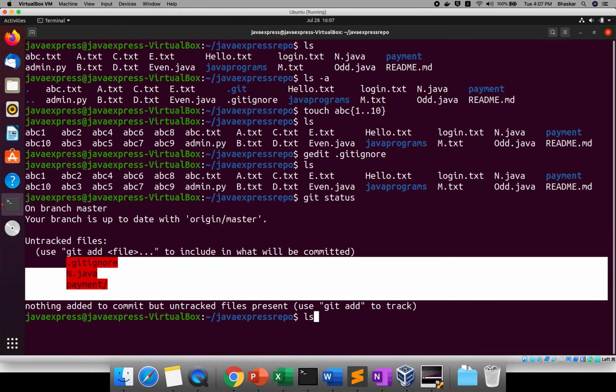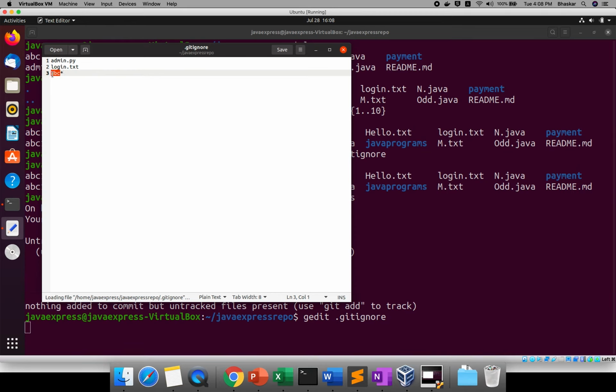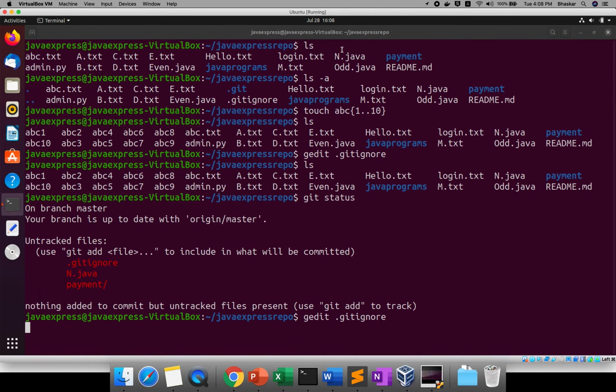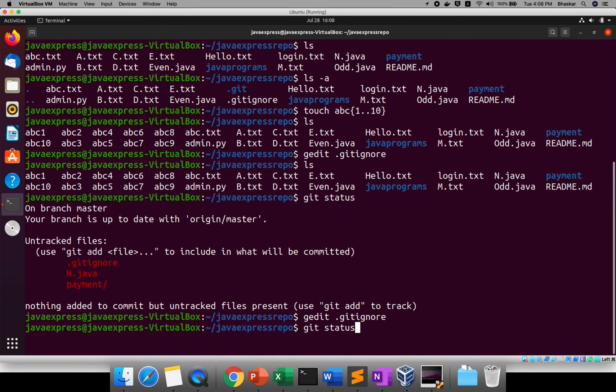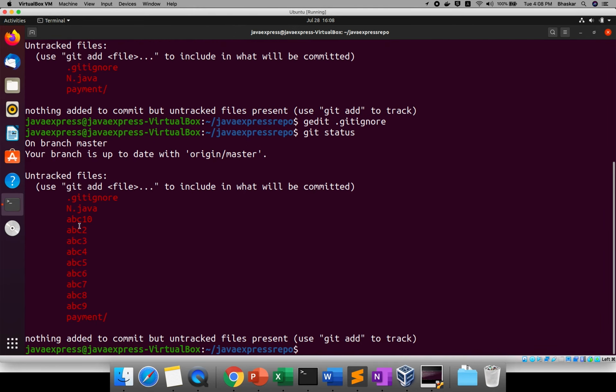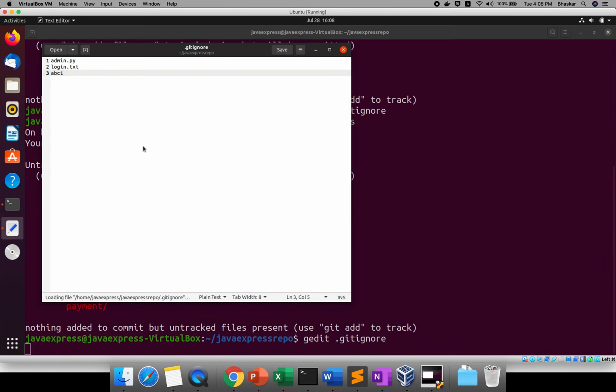Now suppose I remove it, then you can see all the files. This is the generic way you need to configure it.